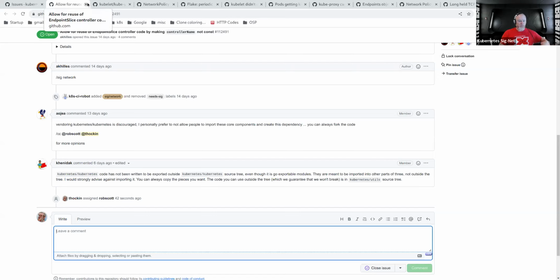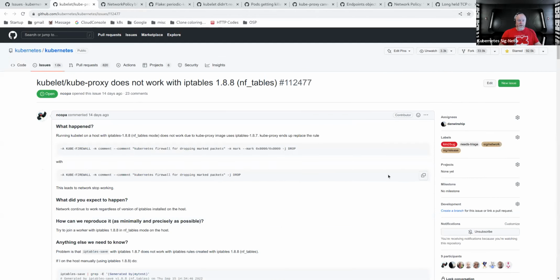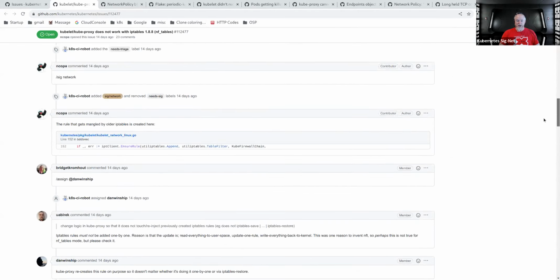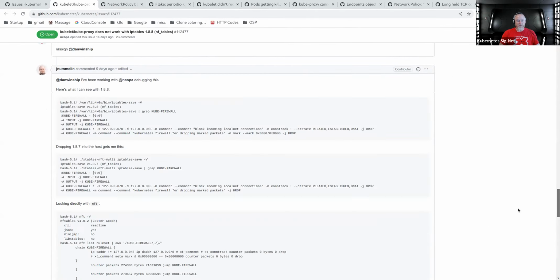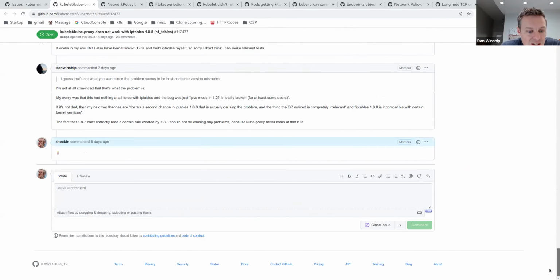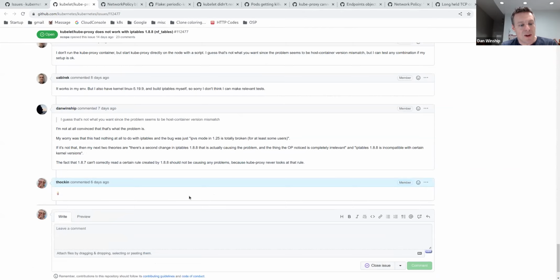Okay, that's on Rob. Kube proxy does not work with IP tables 1.8.8. Dan, I started to read this and I got so lost in the weeds. Can you catch us all up? Okay, so haven't seen this latest, or no, I guess I am caught up. Somebody claimed that if you have a system with IP tables 1.8.8 on the system and IP tables 1.8.7 in the kube proxy container, it will not work.